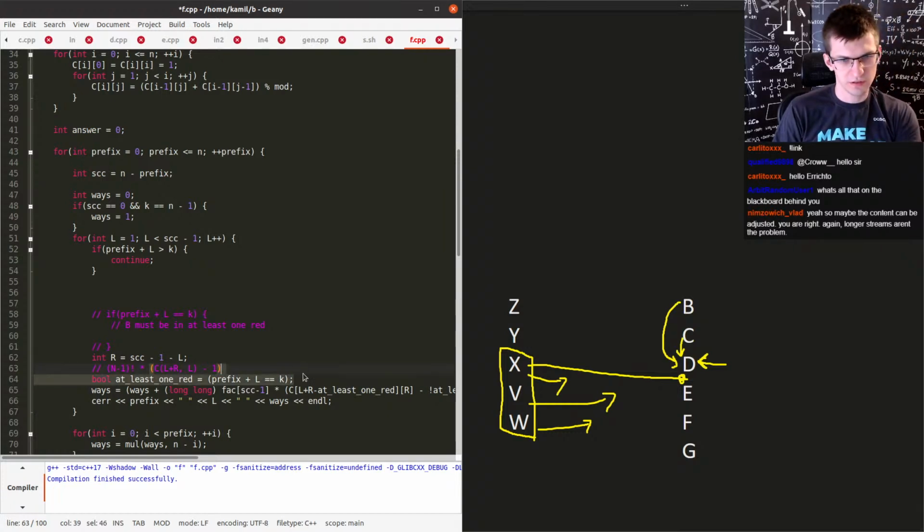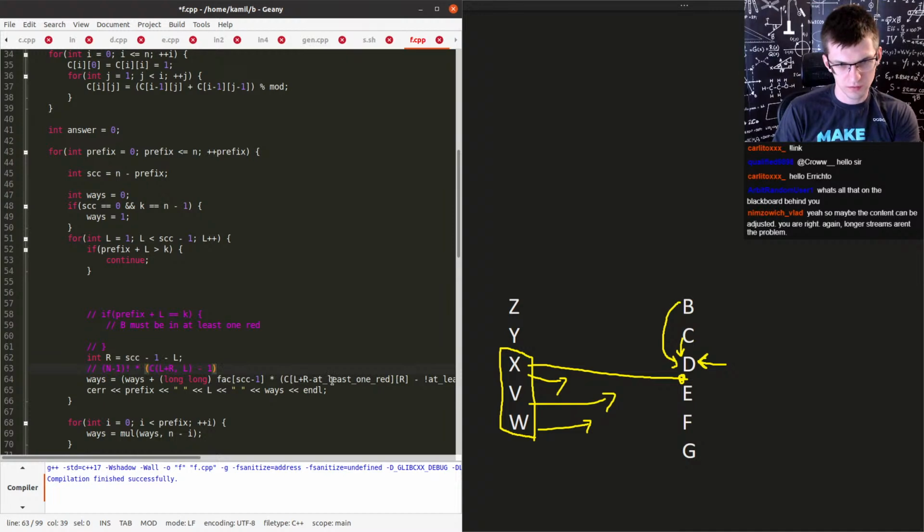Now this condition isn't important at all. This is what we had earlier, and it worked for k equal to n minus 1. Then